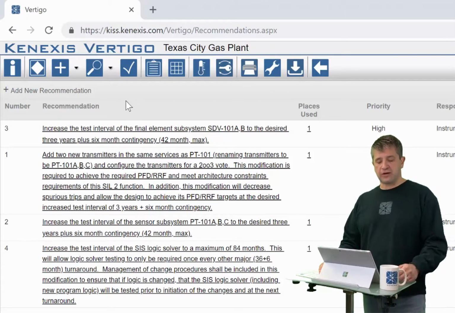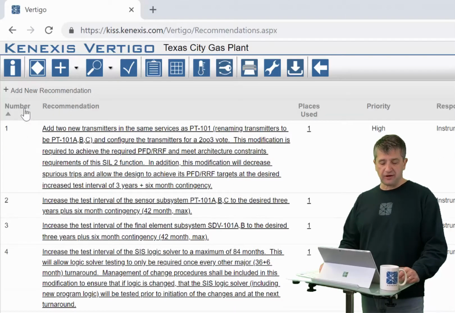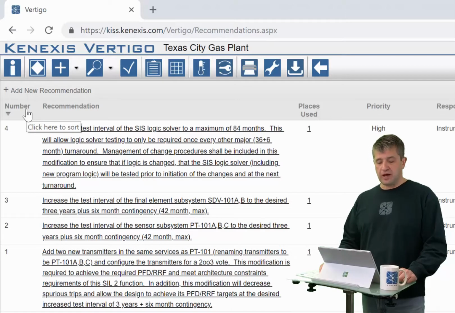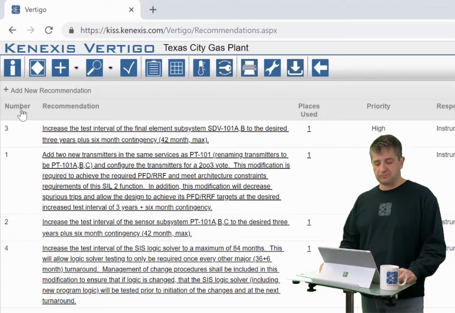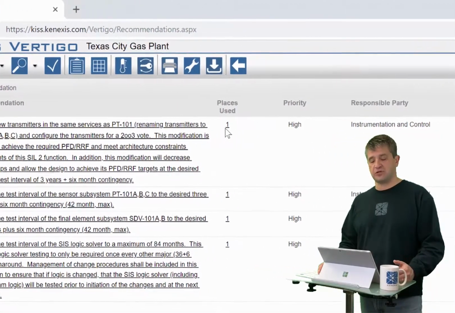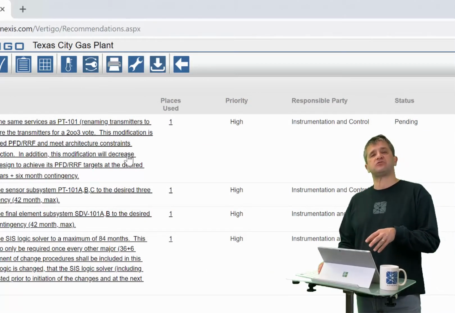Now, when you look at the recommendation list, you'll see several things. First off, a recommendation number, and you can, as usual, sort them from high to low. The recommendation itself, so let me clear my sorting. The recommendation itself, and then there's also a column here called places used. So this will allow you to go back and identify which safety instrumented function is this particular